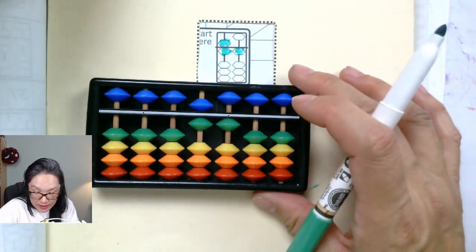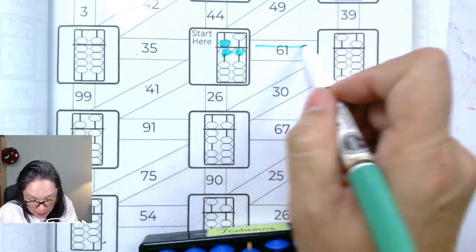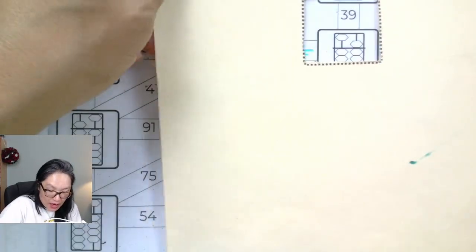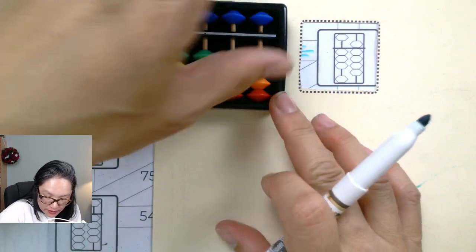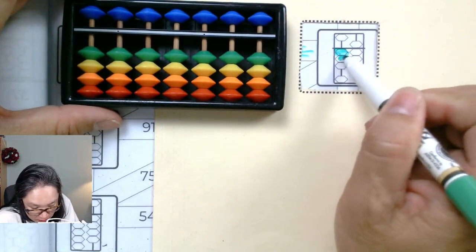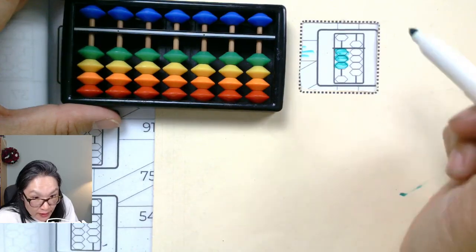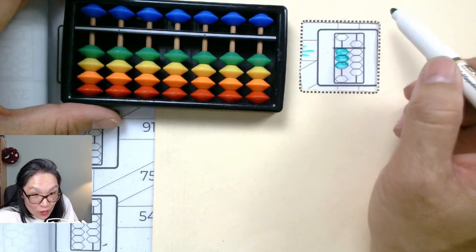So what's going to happen is I'm going to track my bead, and I'm going to follow my path. And now I have my new number. What do you think my new number is? If I have this, 1, 2, 3, and then we have,